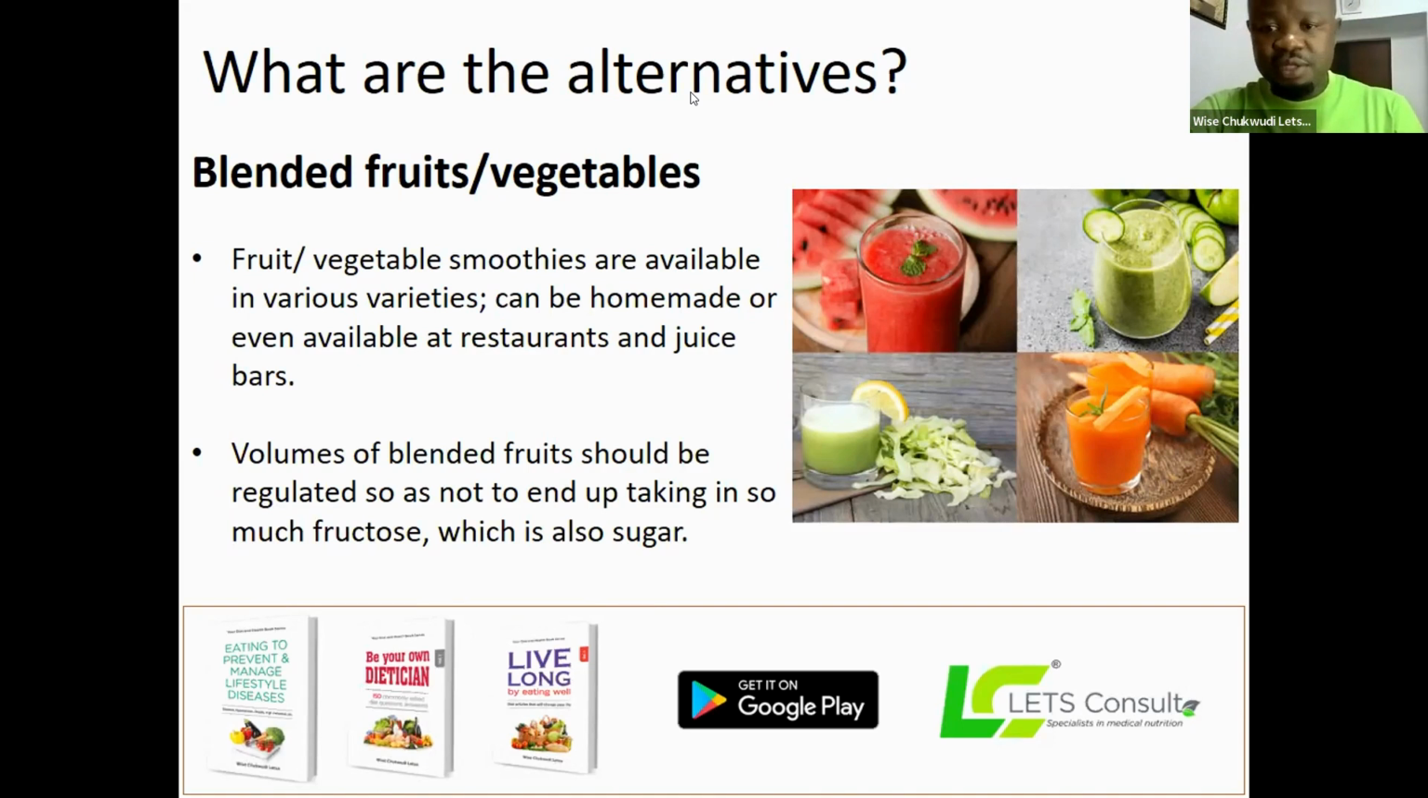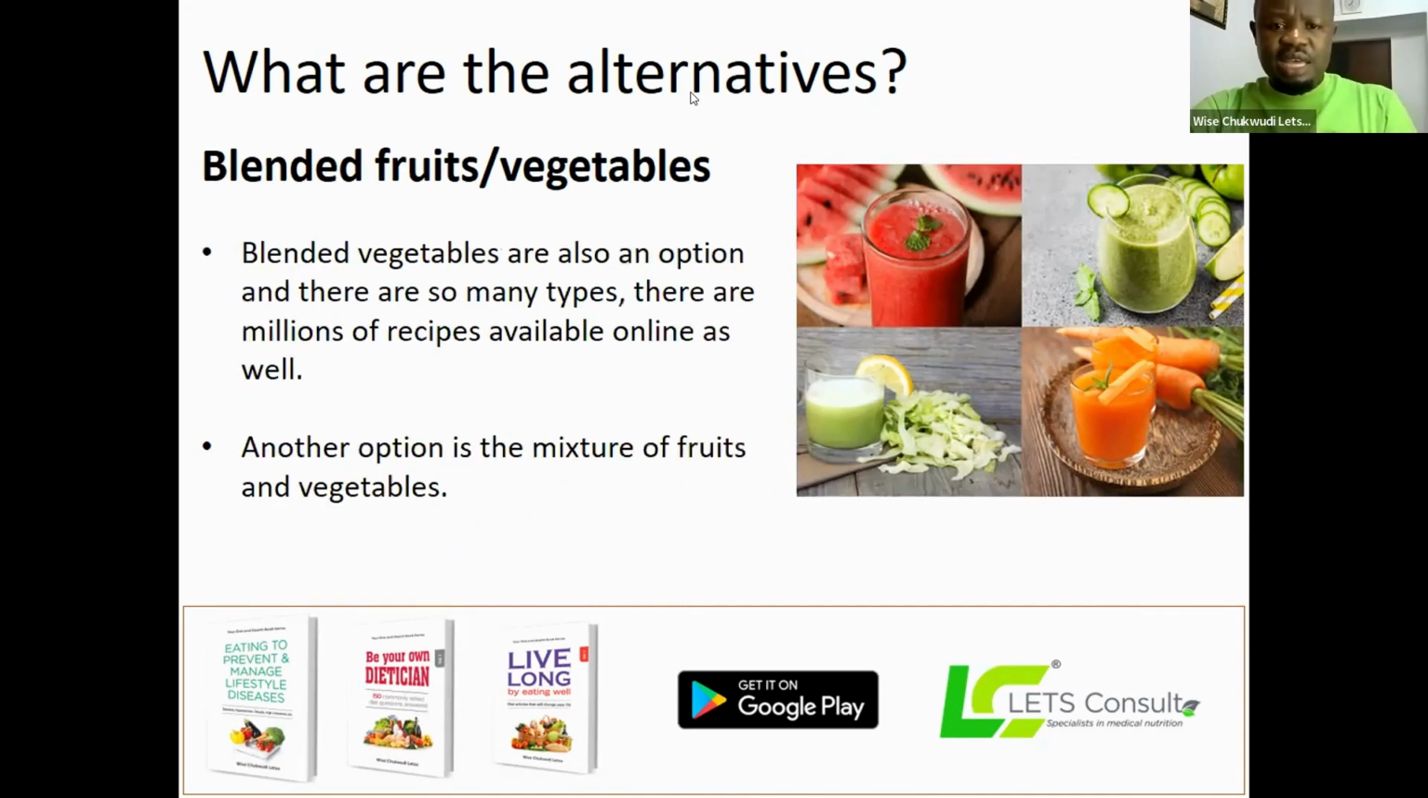So blended fruits in moderation, more emphasis on blended vegetables, a blend of fruits and vegetables, but then fruits in smaller portions and the vegetables in larger portions could be something to follow. And then